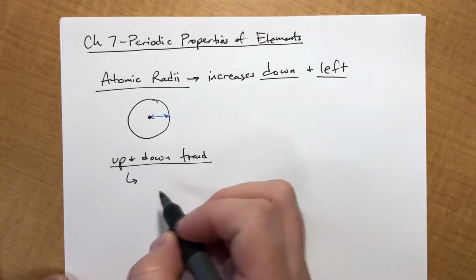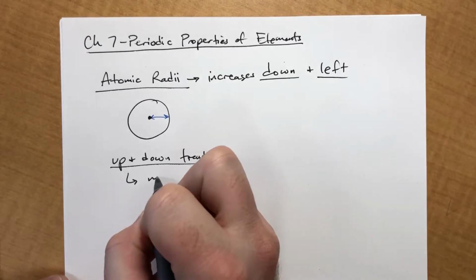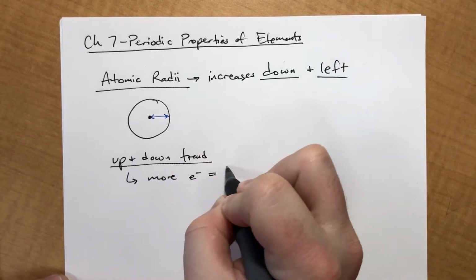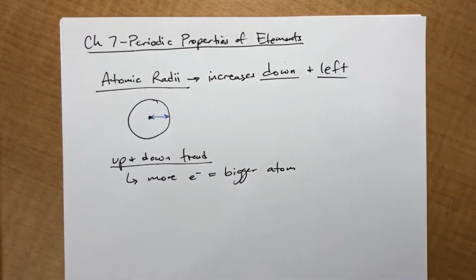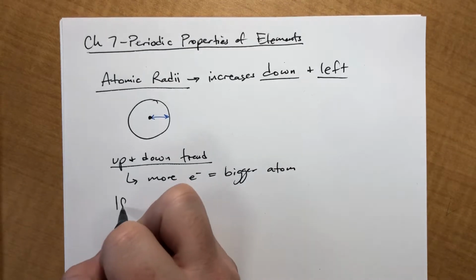Basically, for the up and down trend, more electrons equals bigger atom. Nice and straightforward, really obvious, really straightforward and easy. Great. Okay, so that one's not bad at all. The left and right trend